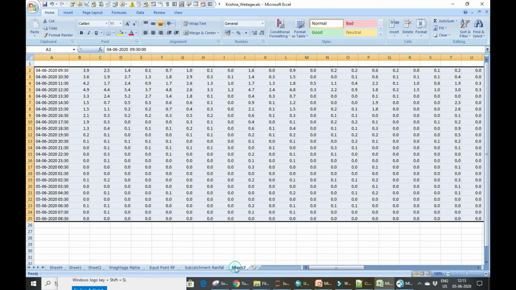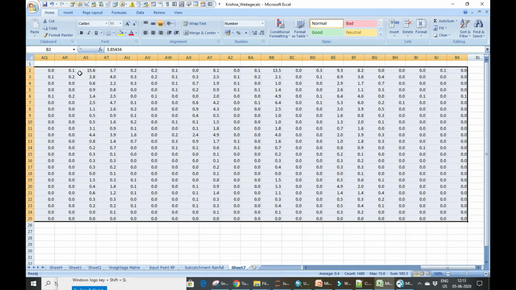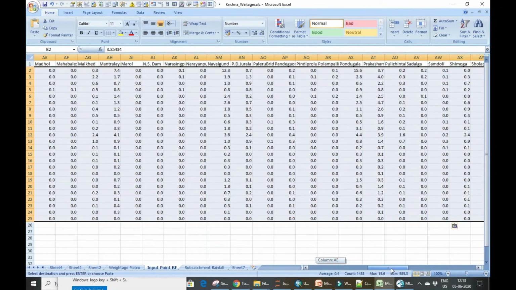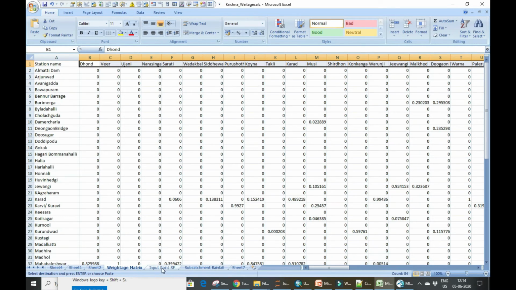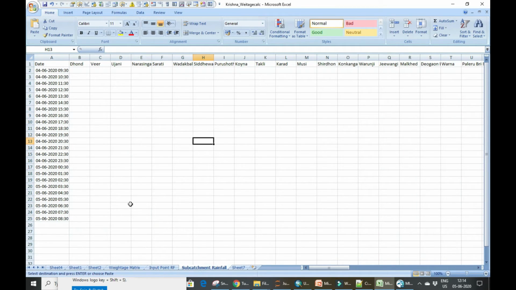So already through some source, through our measurement or something, we calculated the rainfall for the point stations. So we are putting it over here and then pasting it. So once this is ready, this is the point rainfall. So from Almaty station we received this rainfall for every hour. So once we have this, then we need this weightage matrix and something called matrix multiplication to do what we want. So we will do that first of all.